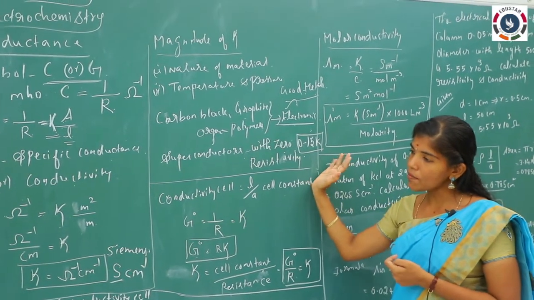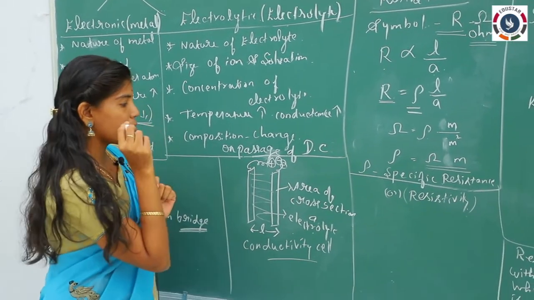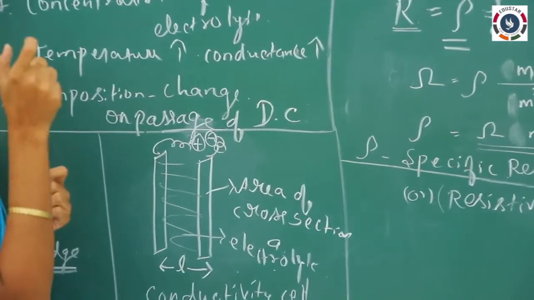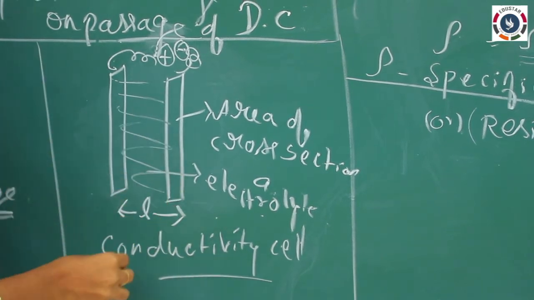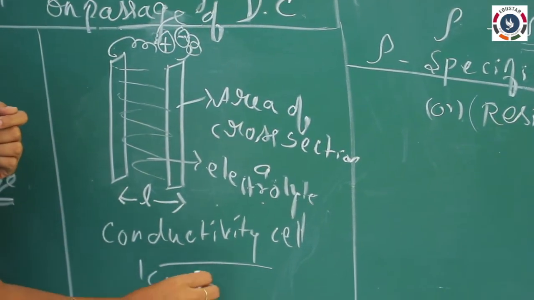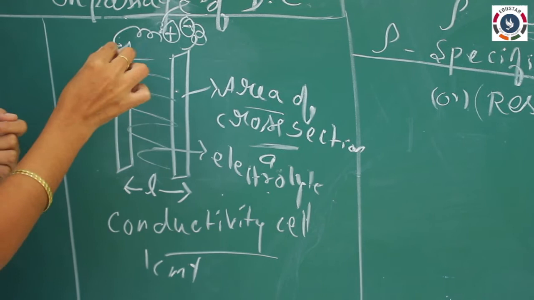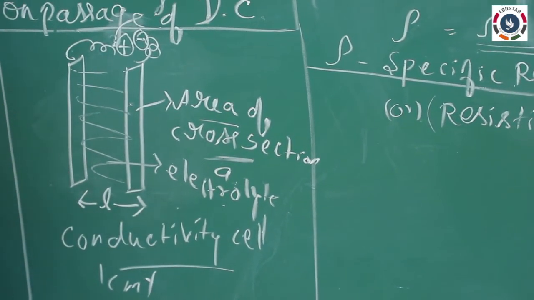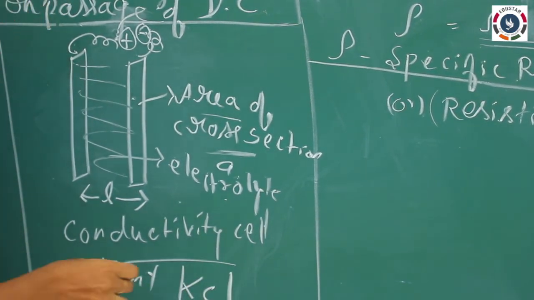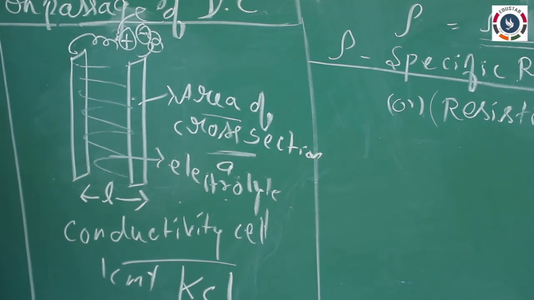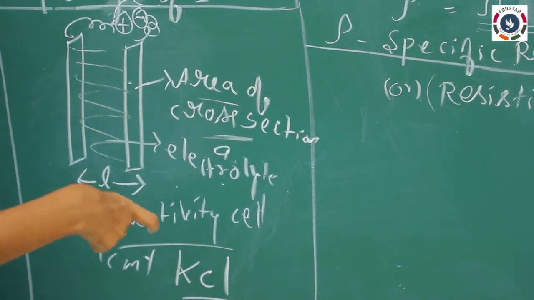Now, at this point I am returning back to my conductivity cell. In the diagram I have shown you the conductivity electrode. That conductivity electrode contains the anode and cathode. That anode and cathode are separated by 1 centimeter and they have an area of cross section of 1 centimeter square. Okay. So, inside that is filled an electrolytic solution. Usually we have an electrolyte of KCl. The saturated potassium chloride solution is taken as the electrolyte inside the conductivity cell